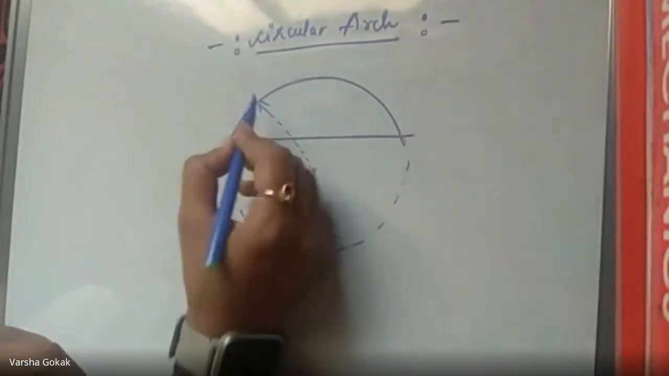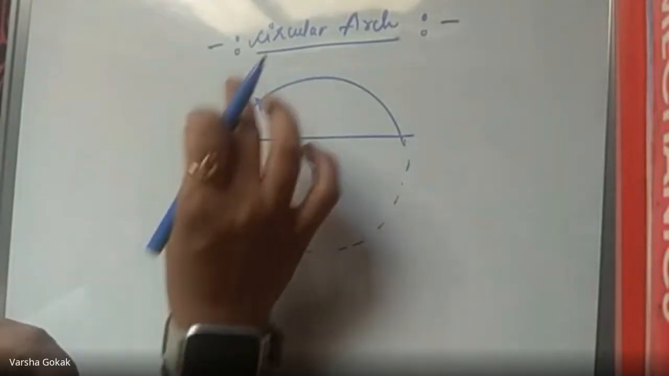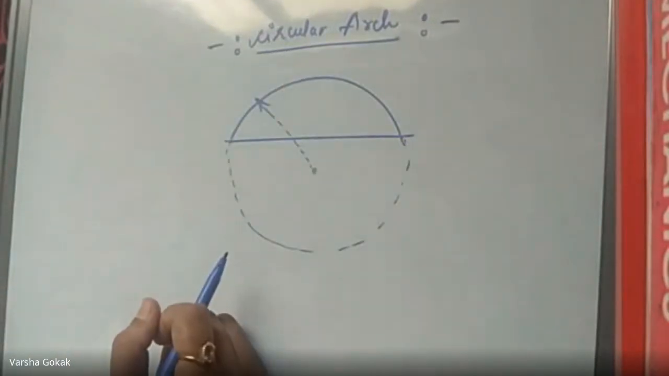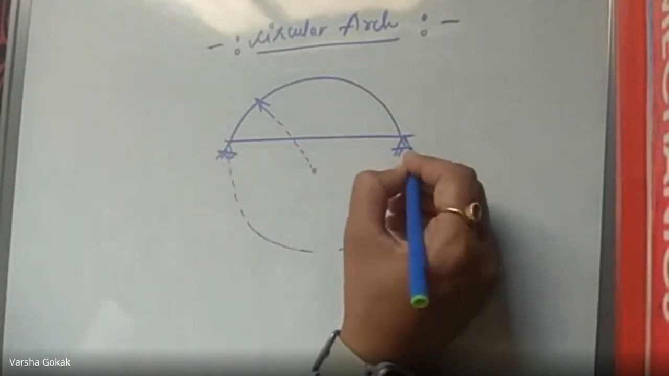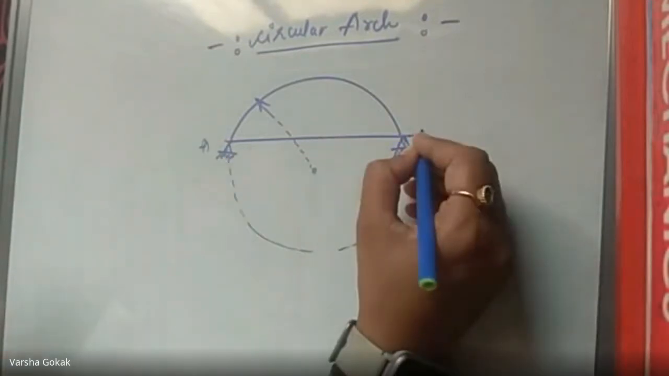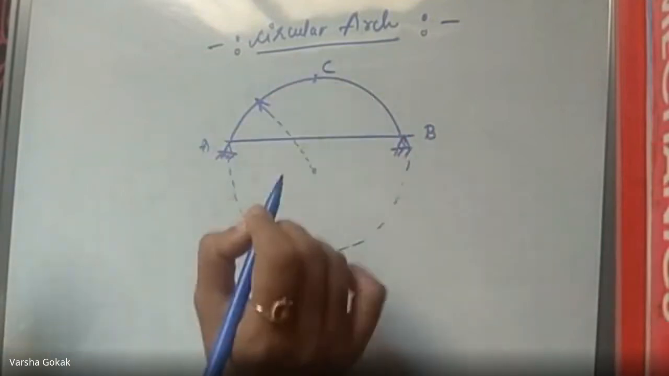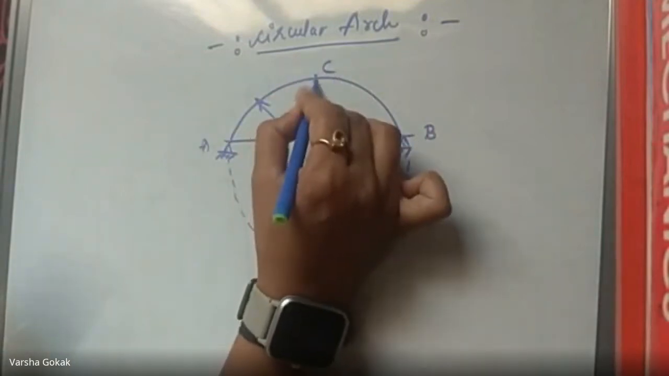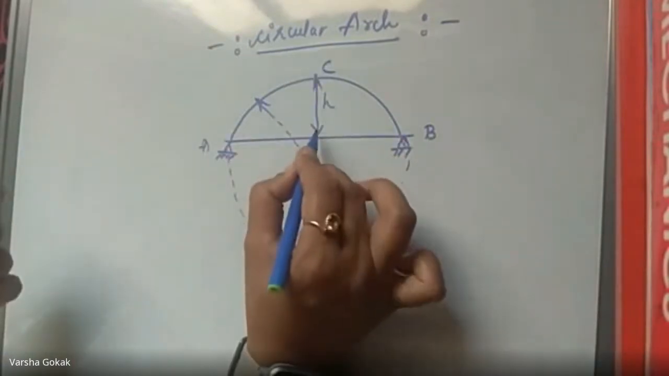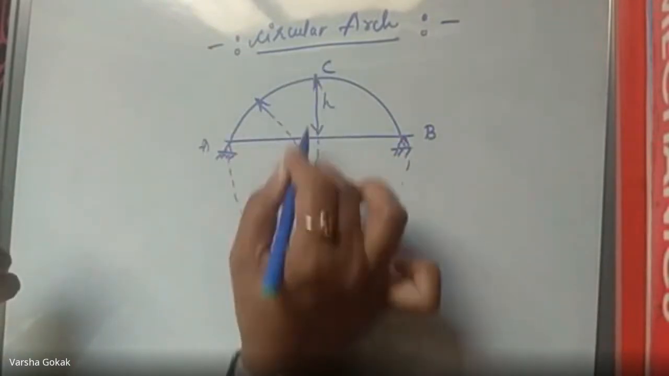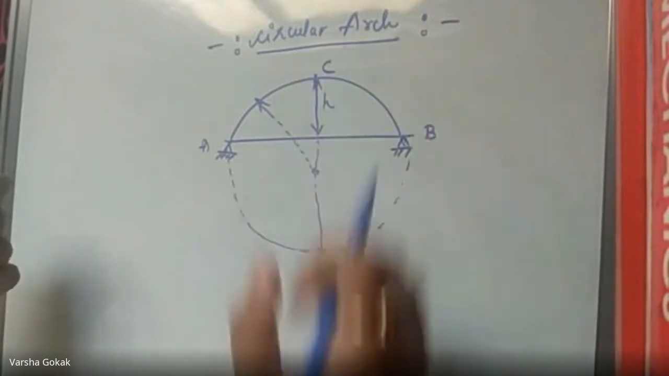But if I look at only the arch, this would be that point at which we will be finding out the normal thrust and so on. Right? Here you will assume two supports. I'll call this point A and point B. This is the crown, point C, which is going to have the maximum height h. Right? This is the center of your circle. If I draw a line that is passing through the center of the circle,